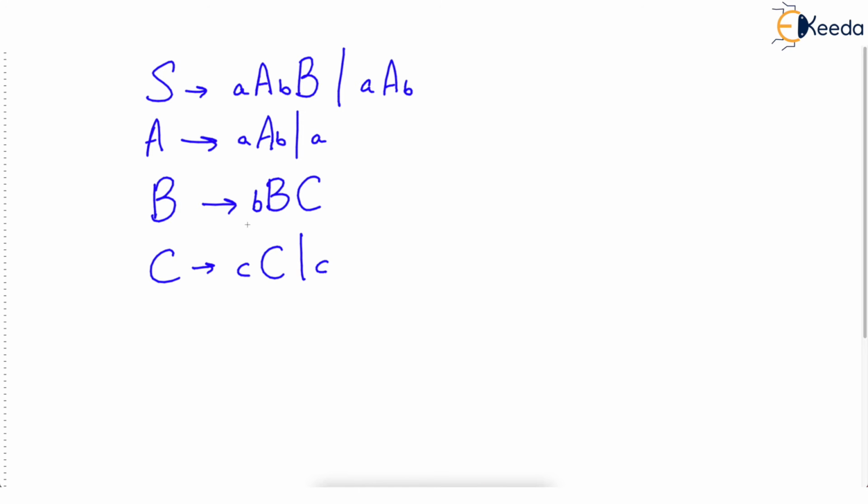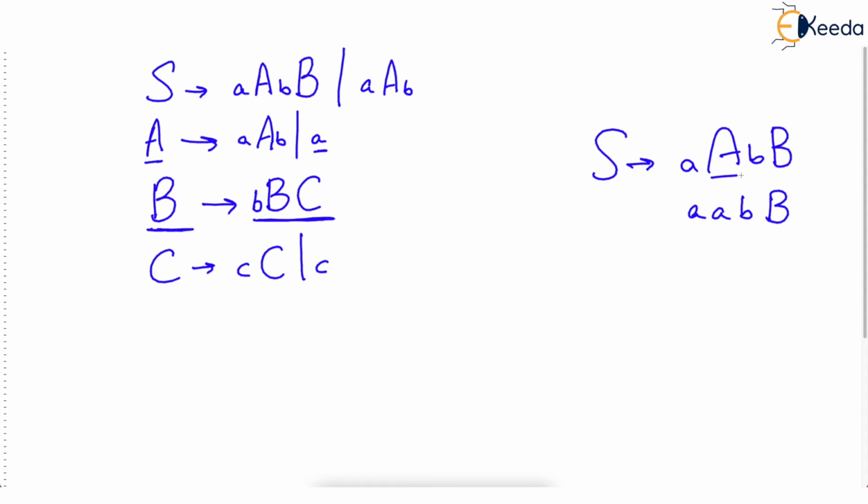Are you observing that B is a non-generating non-terminal? Because what happens here is that if you start your derivation with S derives A B B, let's say, then in the next step, you can replace A with small a, correct? So isn't A generating some terminal string? So A is useful. But what can you replace B with? Check that B can be replaced with B capital C. And this small a is there with us.